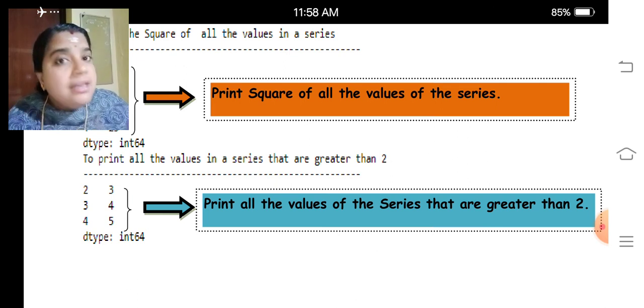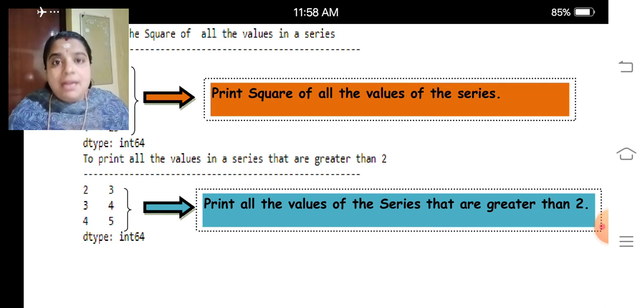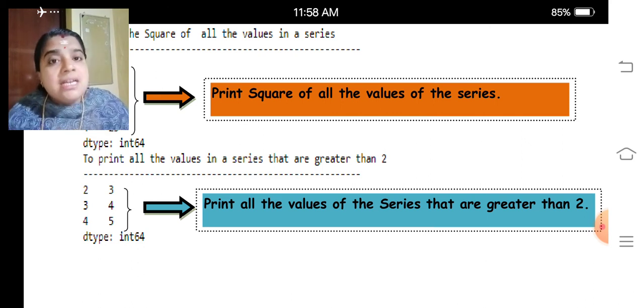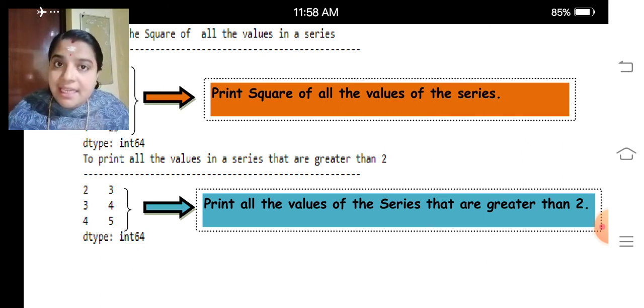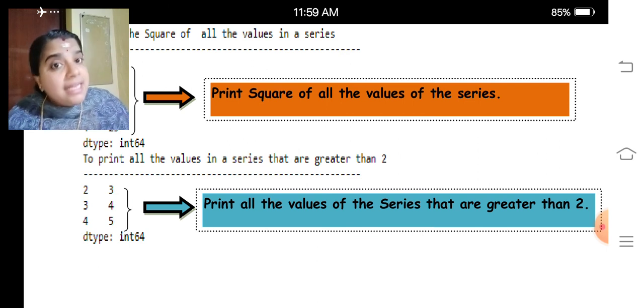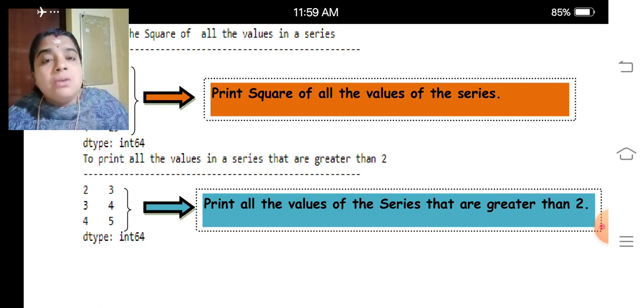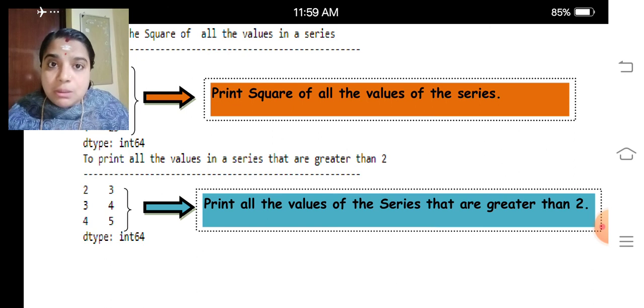My dear children, once again I am repeating, we can create a pandas series using the series data structure. A series can be created by using a list of values. Only thing we should remember, the values which we are giving must be homogeneous.